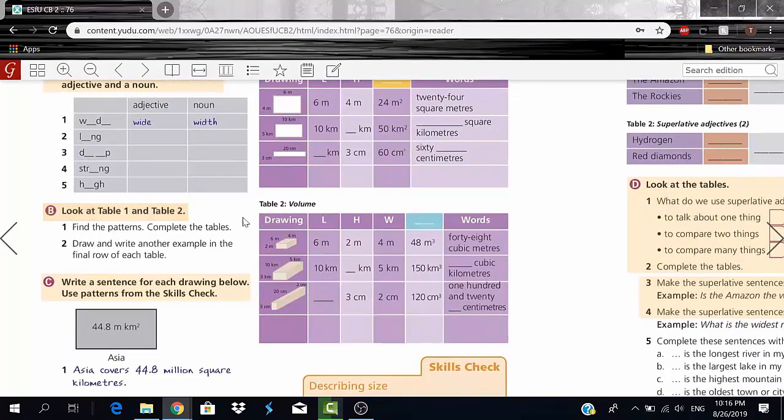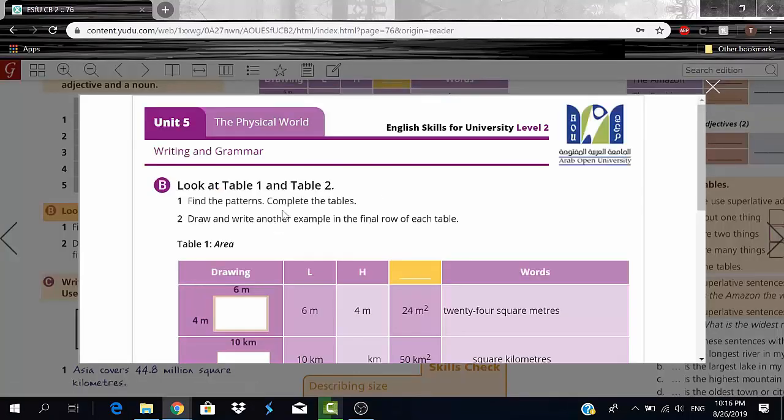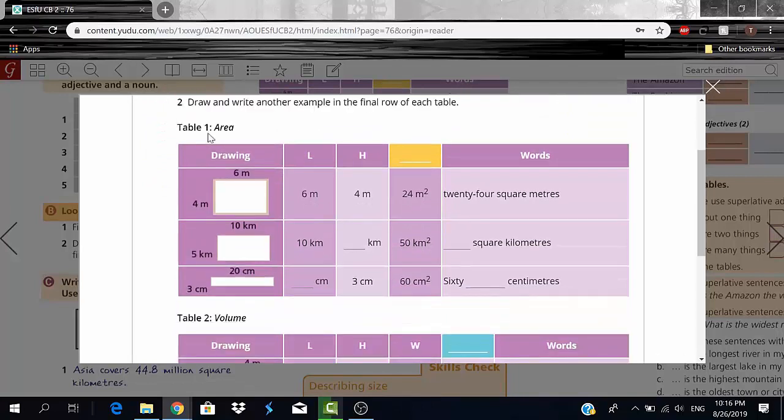Here we have exercise B. We got to find a pattern between the two, so let me actually open this. Okay, so here we have table 1. You can see he's talking about the area, right? So here we have L stands for length, H stands for height, and right after that we have, obviously because table 1 says area, so we'll just write probably like an A here, okay? And then words. So 6 meters is the length,